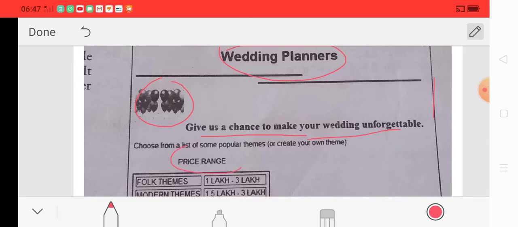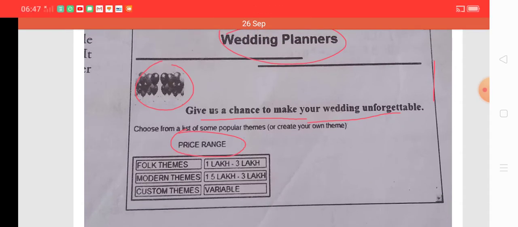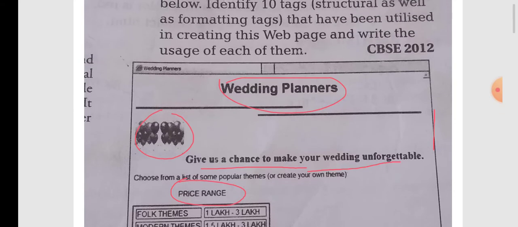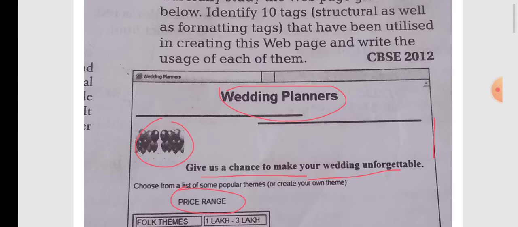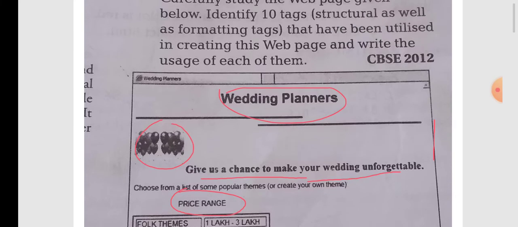A table with a caption is there, and in the table we can see that there is a difference between different cells. Okay, so the cell spacing concept is used in this HTML web page. So these are some key points which we notice when we see this web page.